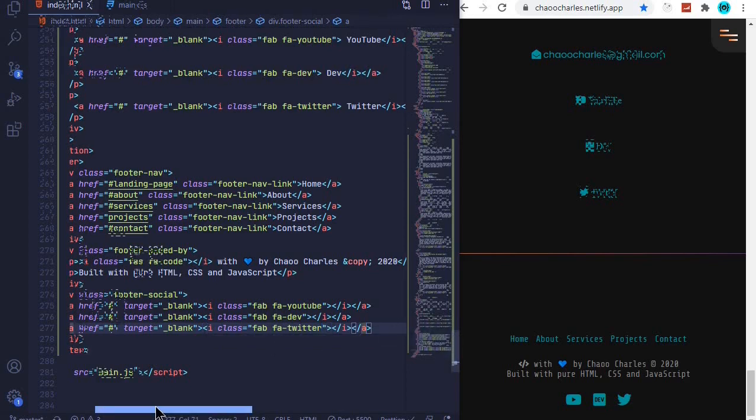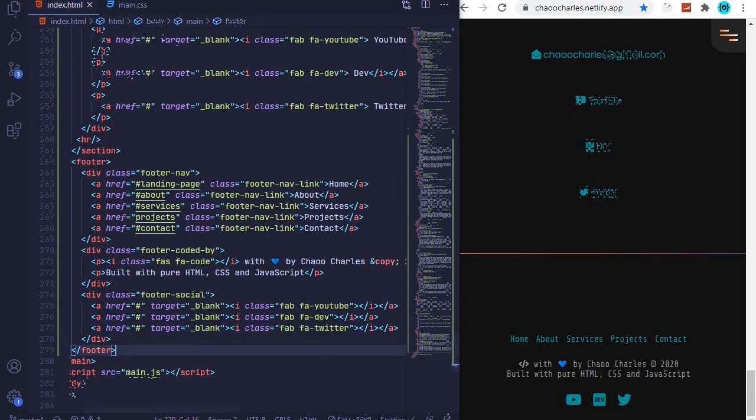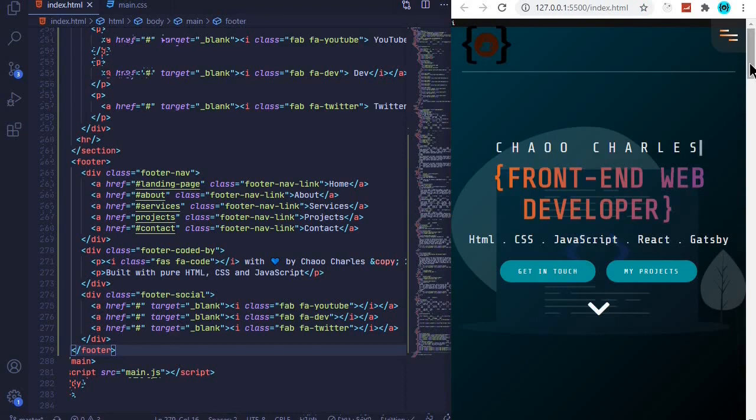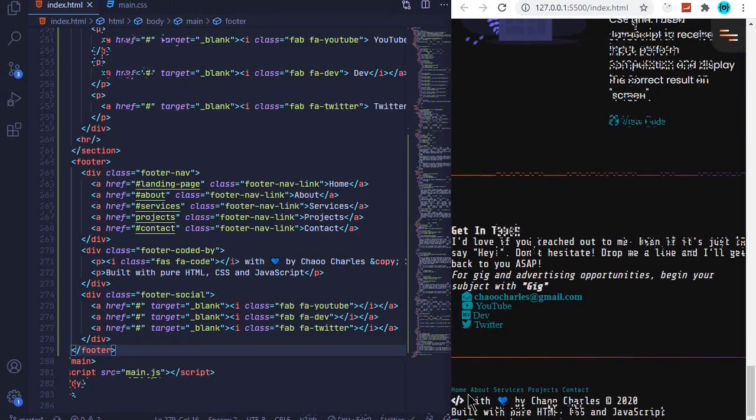So now I will preview if everything is fine. So I'll come here, scroll at the bottom, and you can see all the links were added and the icons were also added. So let's go ahead and start styling these two sections. I will open the main.css file,